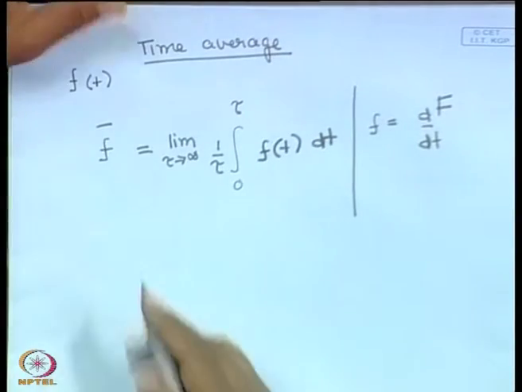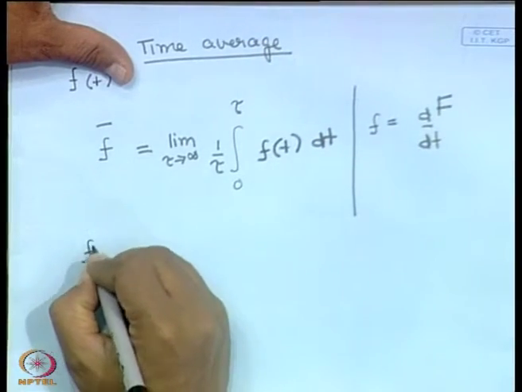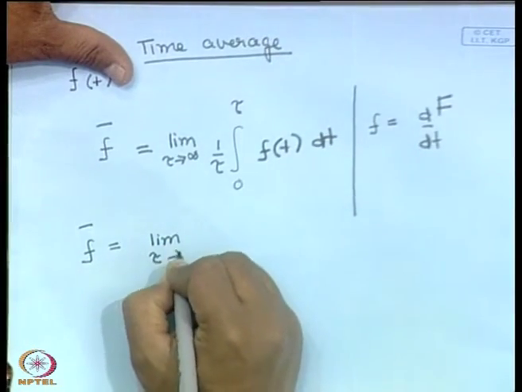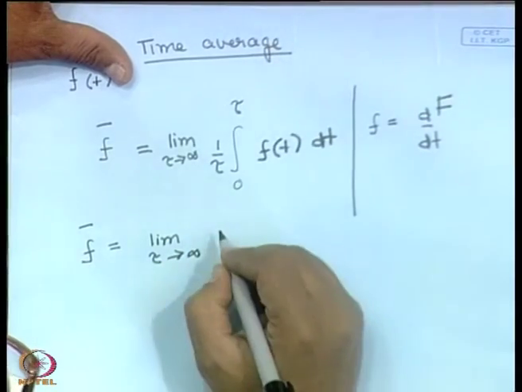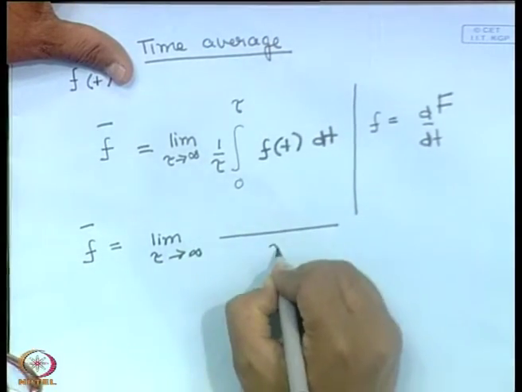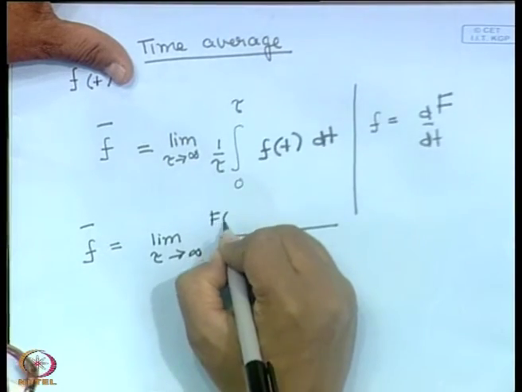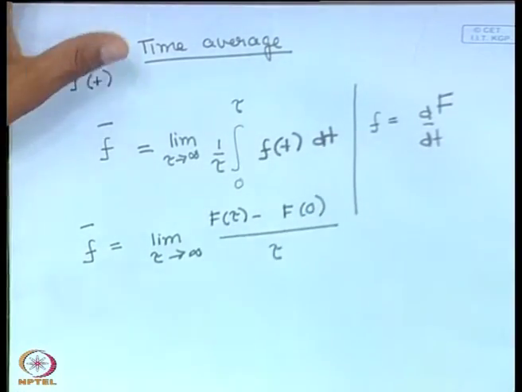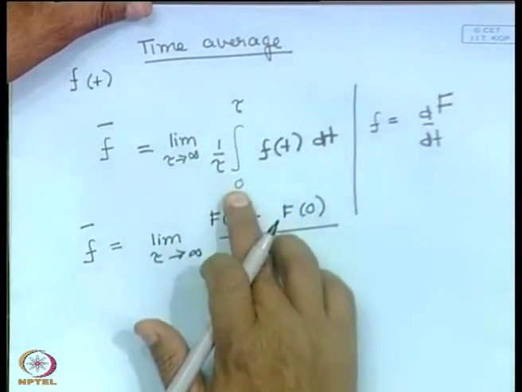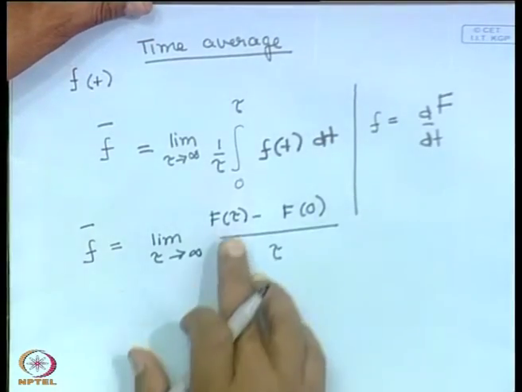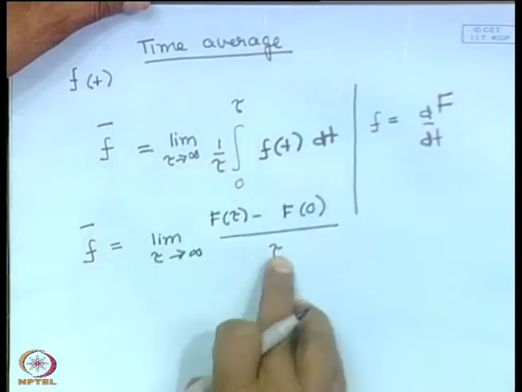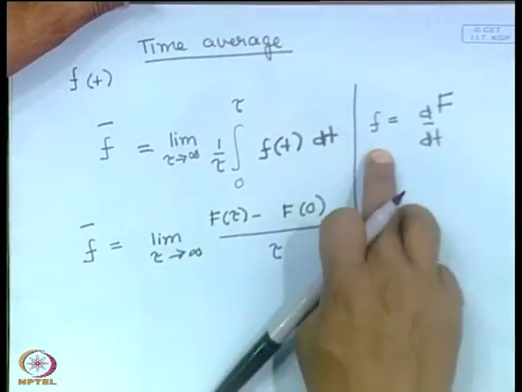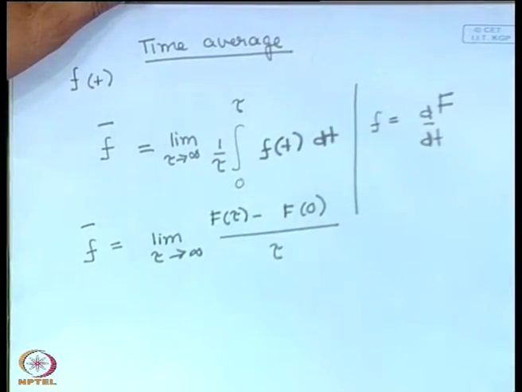What we get is that the time average of f is equal to the limit as tau goes to infinity of 1 by tau times (f(tau) minus f(0)). Right, it is the derivative. So, if I plug this in here, I will just get the values at the end points, and then I have this 1 by tau over here. So, this time average can be written like this, if this f is a time total derivative of some quantity,